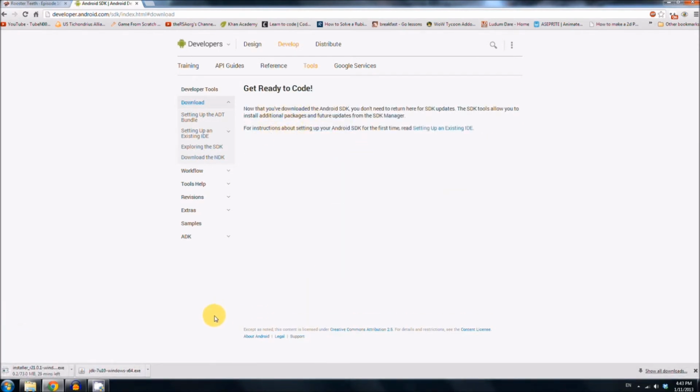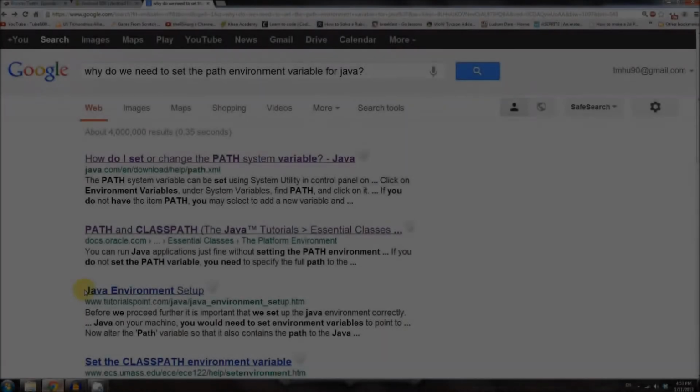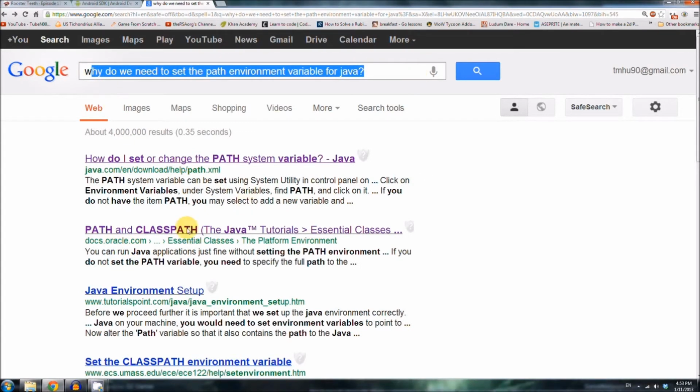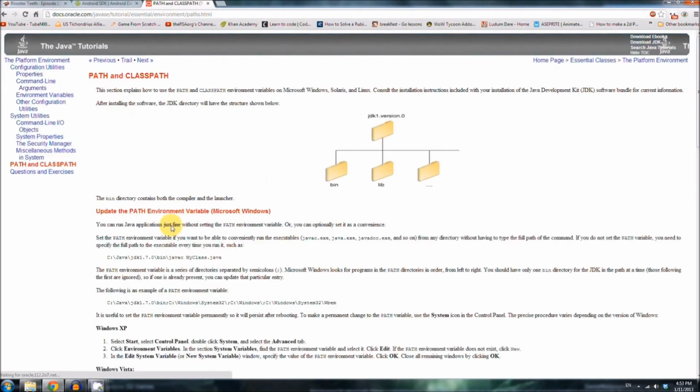And again, we have to wait for my slow connection to download this, so yeah, I guess I'll see you in 11 minutes. Okay, so the download is done, but before we go take care of that, I found a better explanation for why we have to set the path variable. And it's the same search term we used before, second link, and what it basically says is